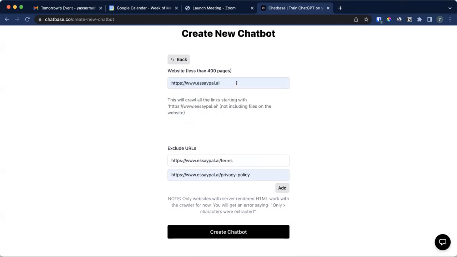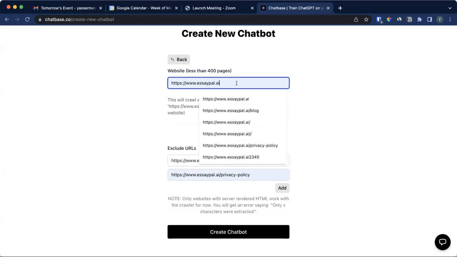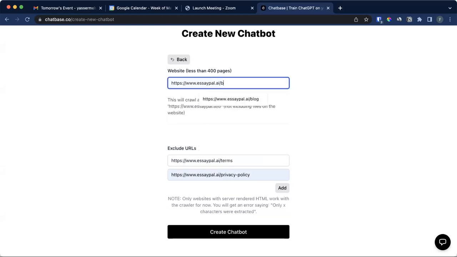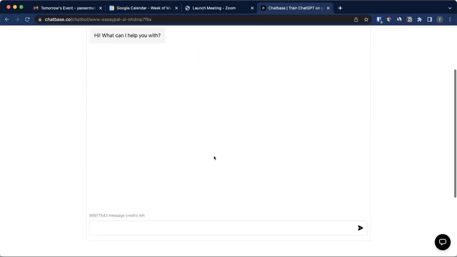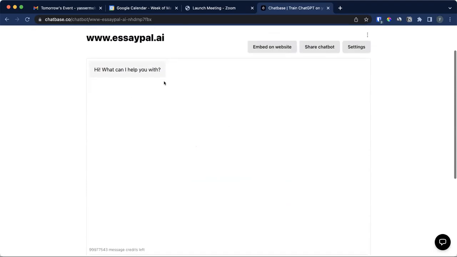And also, if you only want to crawl, let's say the blog section of this website, you can just say this, and it says here, this will crawl all the links starting with SAPal/blog. So if you have blog/1 or blog/2, it's going to crawl all of these links too. But for now, I'm just going to crawl the whole website, excluding these links. And then now I have a chatbot that knows everything about SAPal, which is another product.